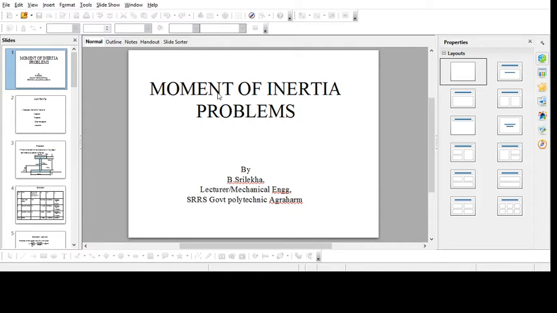So Ig2 is equal to Ig2 plus A2 H2 squared. Ig2 is nothing but B2 D2 cubed by 12 plus A2, that means 500, into Hy2, which means Y2 minus Y bar. You got this by making use of 80 minus 80, 85 minus 57.3. So what will be the value? It is simply something like 3,87,811.67 mm to the power of 4.